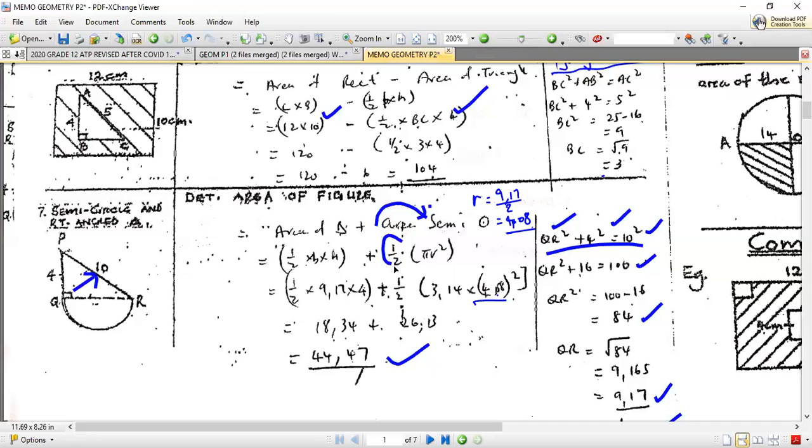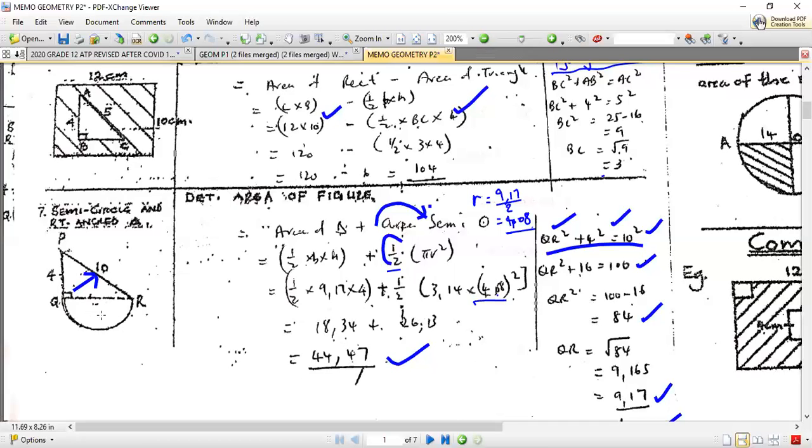Now, why do I use half pi r squared? Simply because this is a semicircle. Semi means half a circle. That's why we have half in our formula. We adjust. Area of the triangle, now that we have QR, which is the base, which we found by Pythagoras' theorem, is half 9,17 times the height 4, and then we add the two